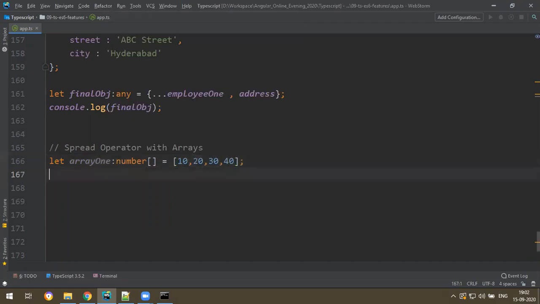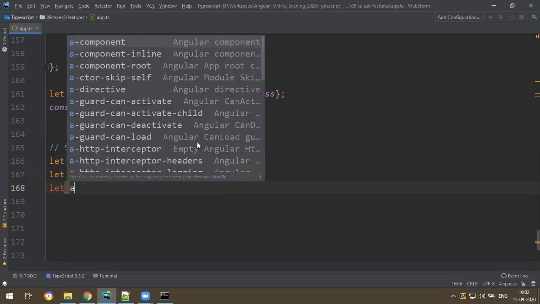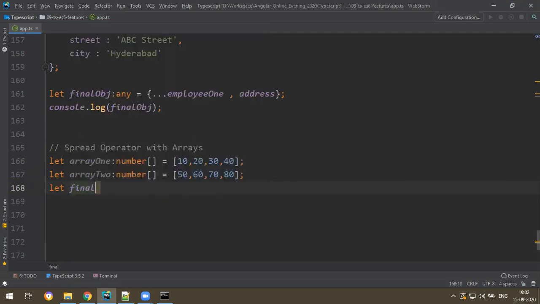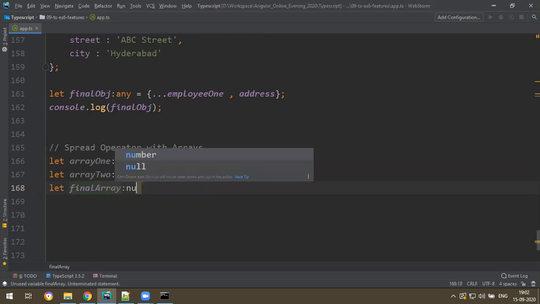And I have another array, let array 2 of type number array, equal to some other numbers like 50, 60, 70, and 80 like that. Now I want to merge both the arrays into one array. So I say let final array of type number array.